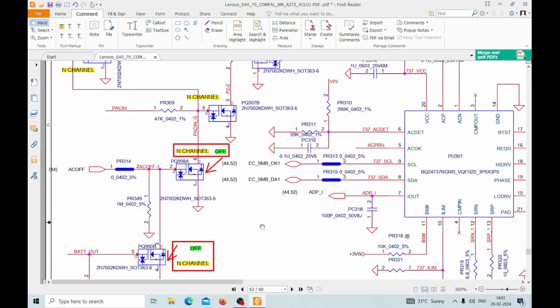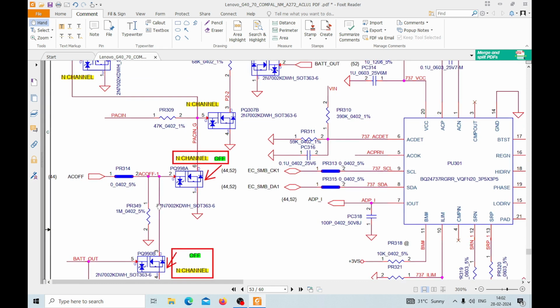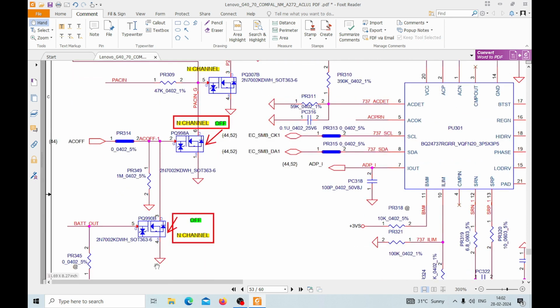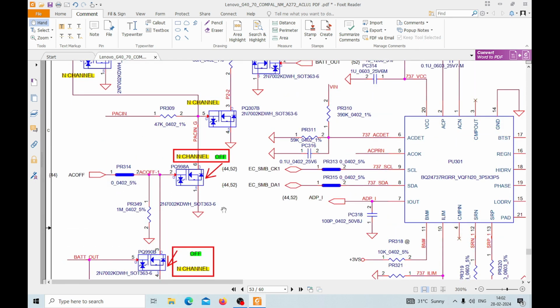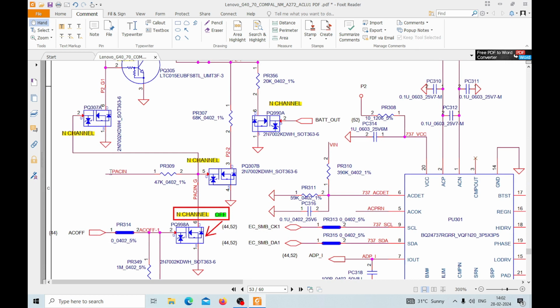How will it be in the off condition? If this voltage comes here, this MOSFET will start and this ground will pass here. Okay, if this ground passes here, then this is also N channel. If this ground comes here, this MOSFET will be in cutoff mode because this will not be available. So if this MOSFET remains in cutoff mode, then this ground will not pass here, and then this PSCIN